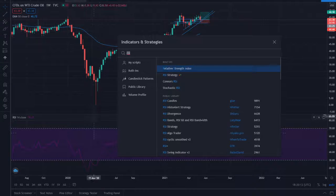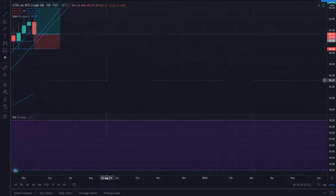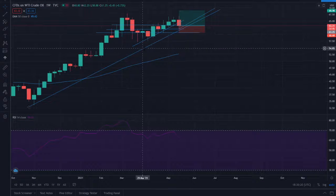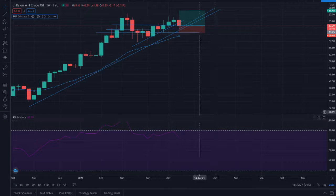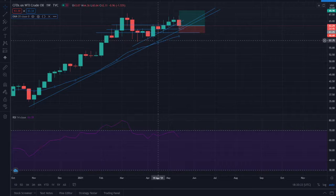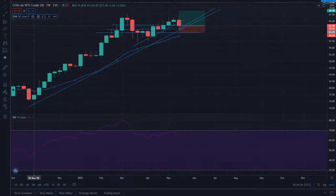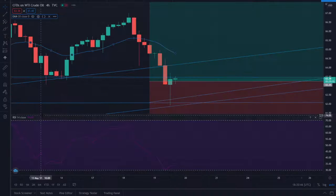Let's add the RSI. Well, here the RSI is kind of bearish, but if we change it to the 20-day EMA, well, the weekly chart is still trading way above the 20-day EMA, or the 20-weekly EMA, which means we could still go much higher since we're still on a bullish trend. Now, if we check some smaller time frames,